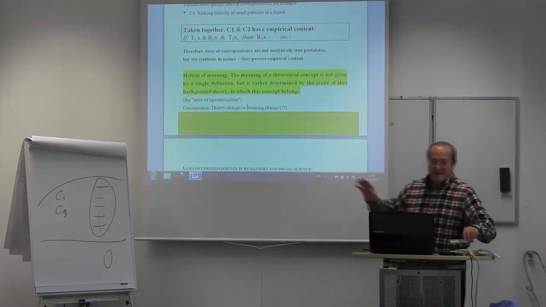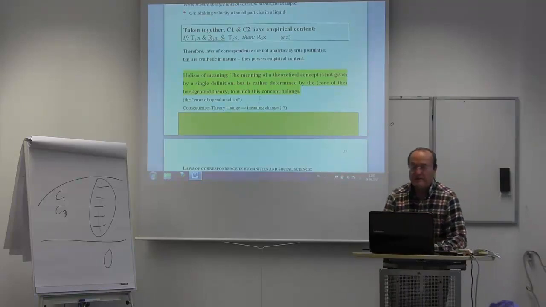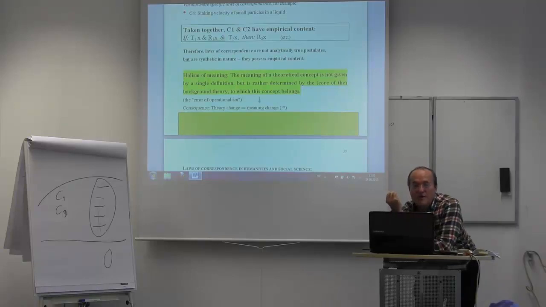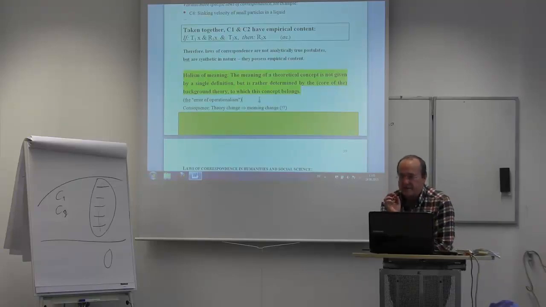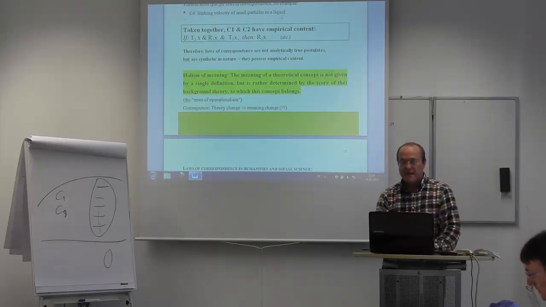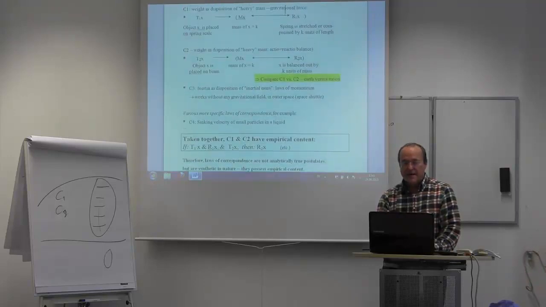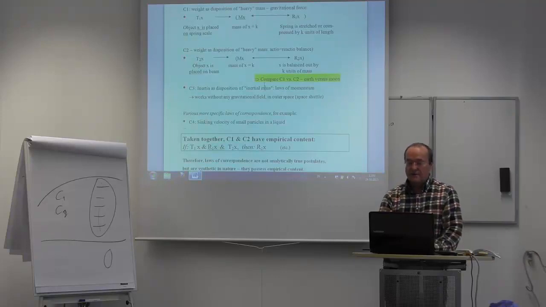But even that is too drastic. Why? Because if you look, then you really can see that there's a common core of mass which is common to both relativistic mechanics and Newtonian mechanics, right? Namely, all these correspondence principles for mass which hold in Newtonian mechanics hold also in relativistic mechanics under the condition